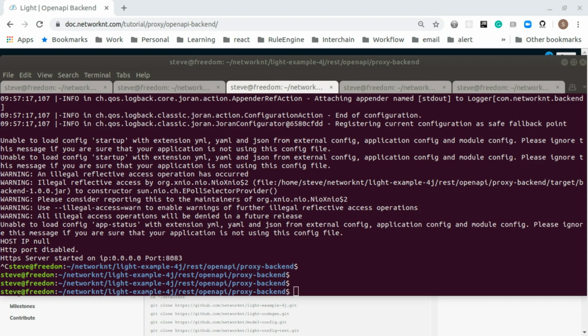Recently, I have rewritten the OpenAPI Backend proxy demo application and the tutorial. Just upgrade all the configuration to the latest and upgrade the code to use the latest version of the light-proxy framework. So today, I'm going to record another video to show people how this demo can be performed, because a